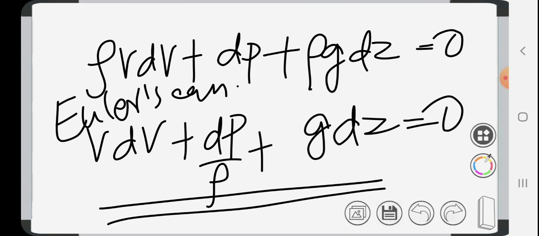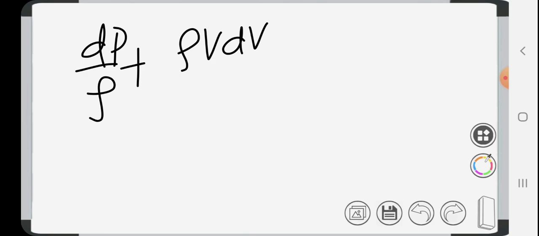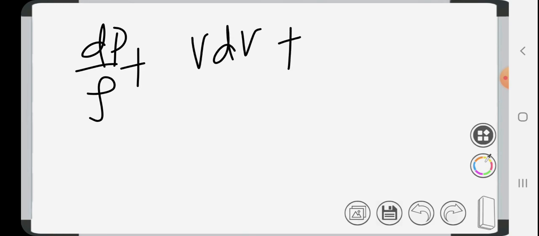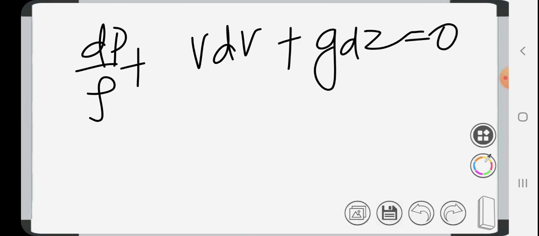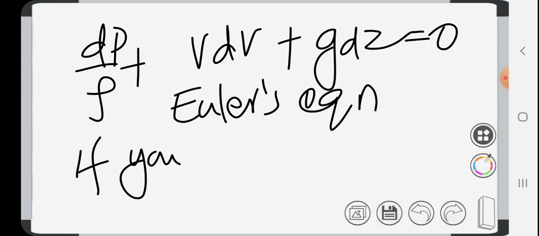So the integrated form of this: dp by rho plus v dv plus g dz equal to 0. This is Euler's equation. So if you integrate this equation